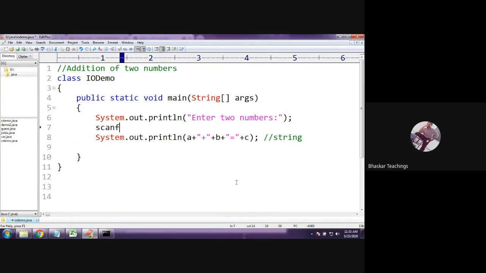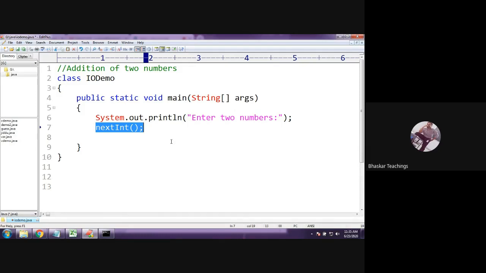Immediately we used to have scanf, but here the scenario is different, right? So we need to use which method? I said nextInt. nextInt is the method used to read one integer value from the input console, from the keyboard. nextInt is the method used to read input from the user.